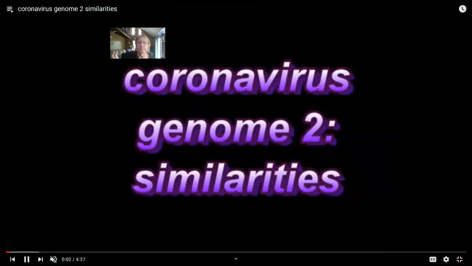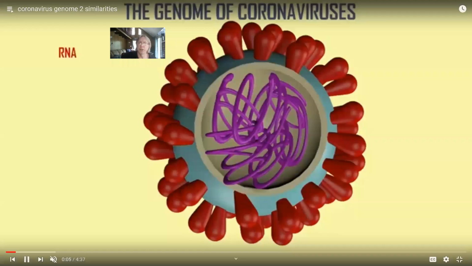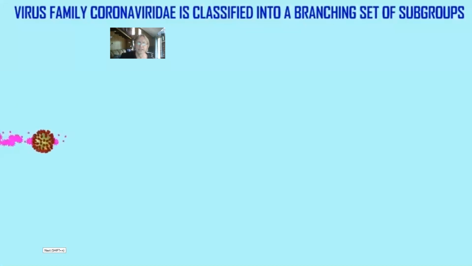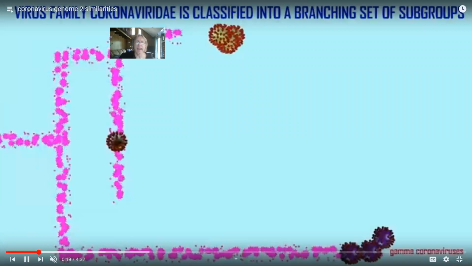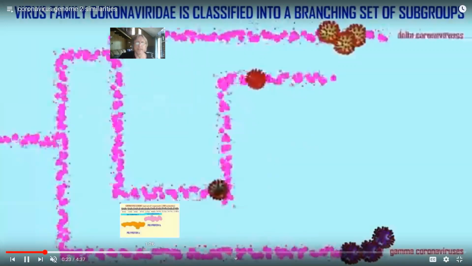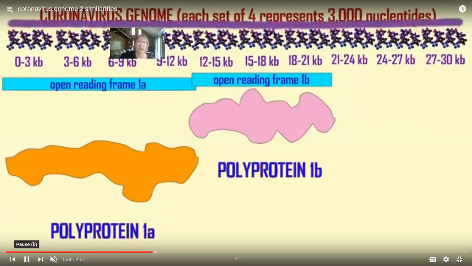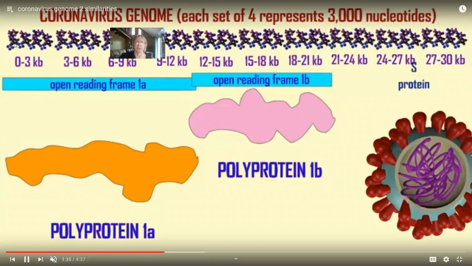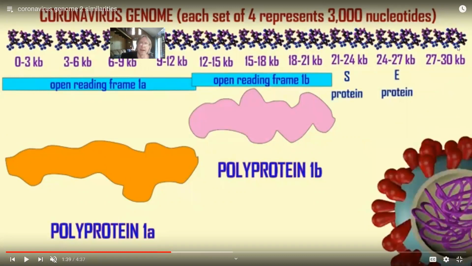The coronaviruses form a family because they do have similarities. All of them share the last third of their genome, which is larger than what we usually see in RNA viruses, which have the last 4 genes, the S, E, M, and N proteins, all the same, in the same order. All right, so if you were to look at the coronavirus genome, if each of these nucleotides is representing 3,000 nucleotides. So this is not an RNA genome. It has, say, 30,000 bases. So each set of 4 is representing 3,000